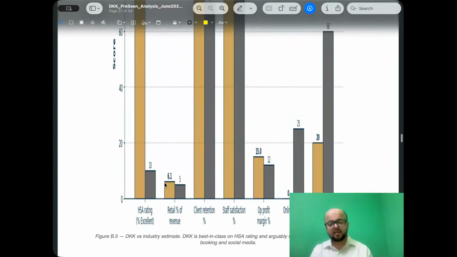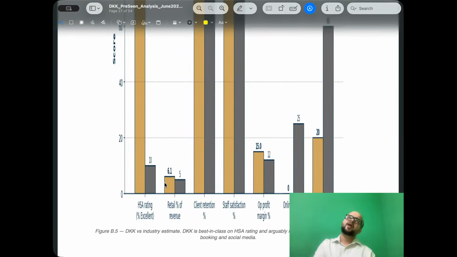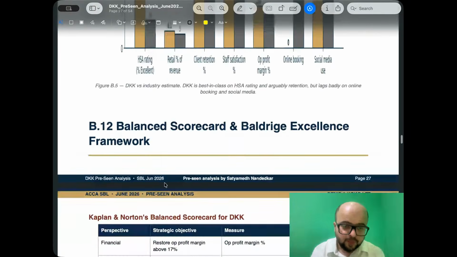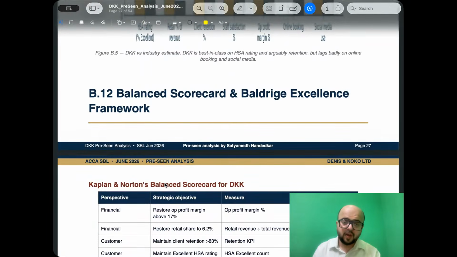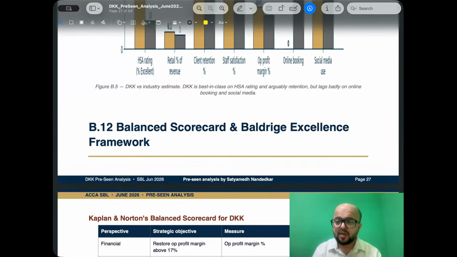Okay, so this is how you would compare DKK with reference to the industry as a whole. Now, the balanced scorecard and Balrich excellence framework. Before we start with the discussion on